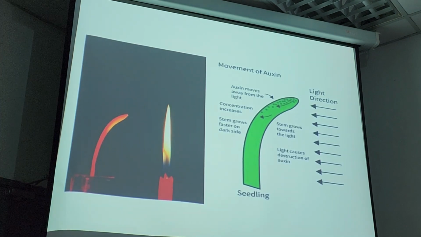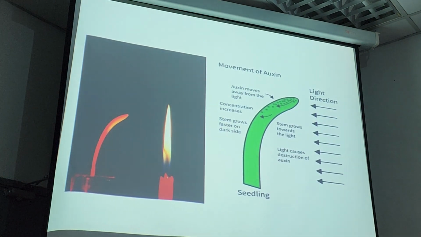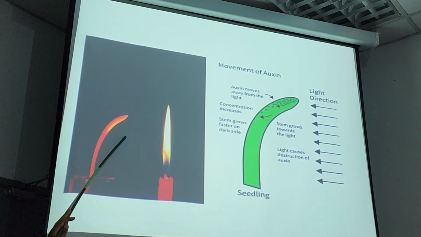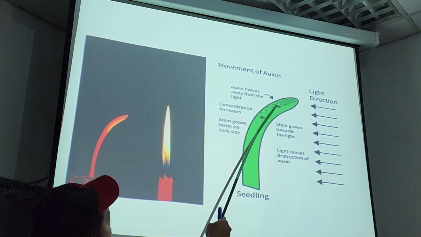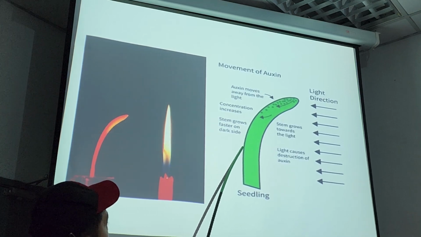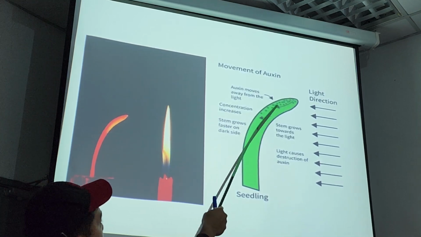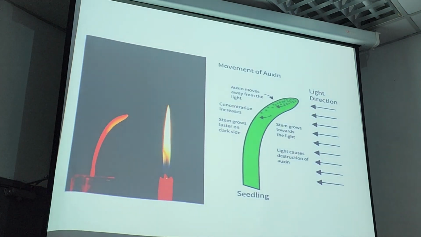So it turns out that later it was found that the auxin is actually shying away from the light. Okay, so when a coleoptile like this is facing the light, auxin actually shies away or moves away from the light. When this happens, the darker side of the coleoptile will be concentrated with auxin, and this is why